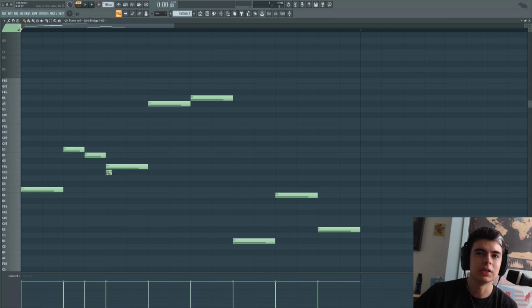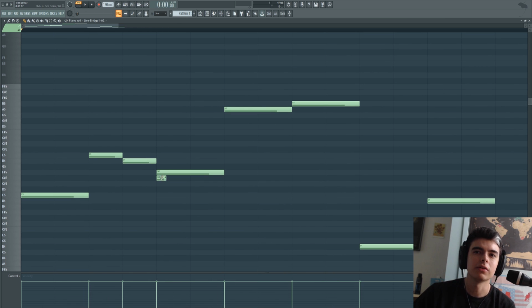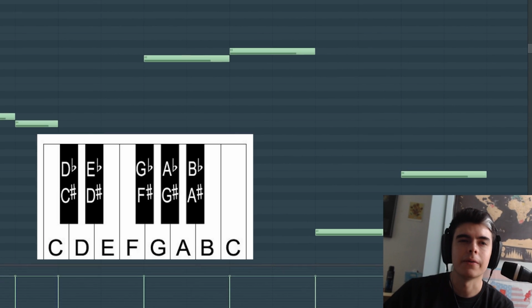But actually, you need to think of this slide note in relation to the one on top of it. So really, it's taking the F sharp down to an F, not a C5, not a C sharp 5. So that's kind of confusing. But if you know the note that you want it to go to is just one semitone or a couple semitones, like if I want to take this F sharp to